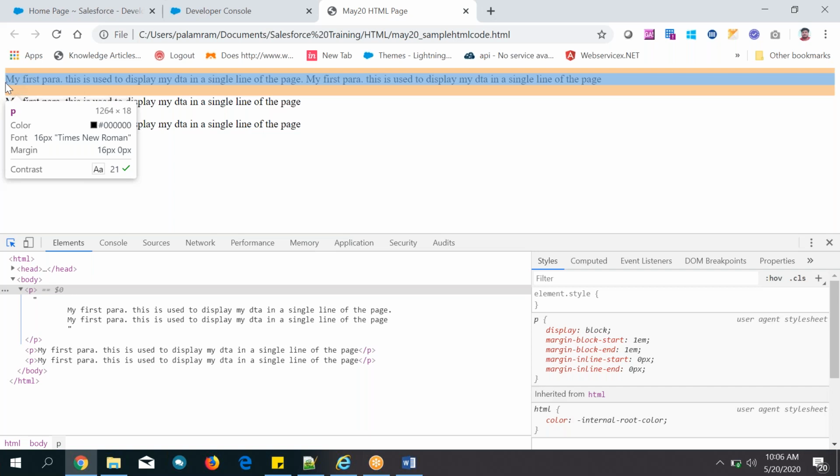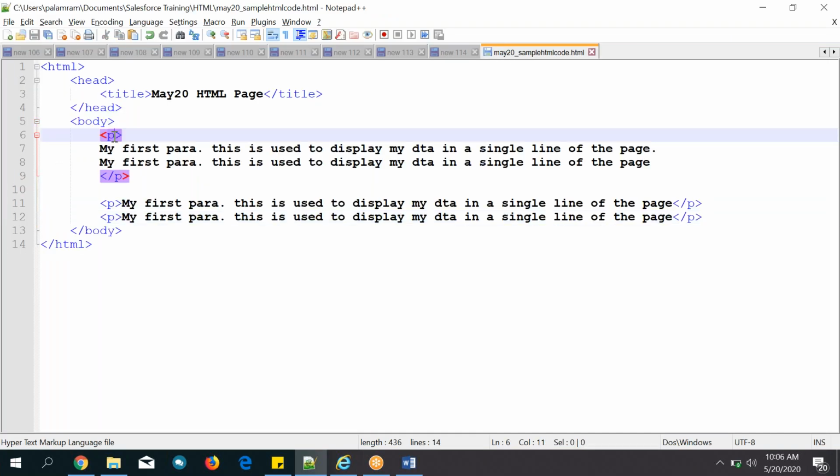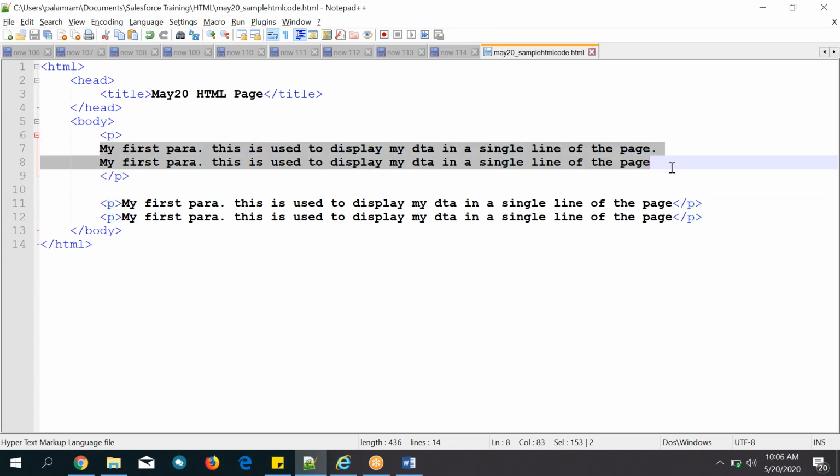So the paragraph will act as a block from left screen to right screen. That is nothing but a block. From this you understand the paragraph will act as a block, and it will be used to display the text.